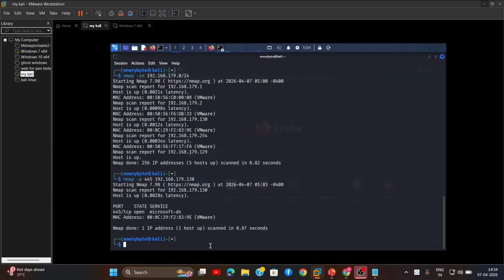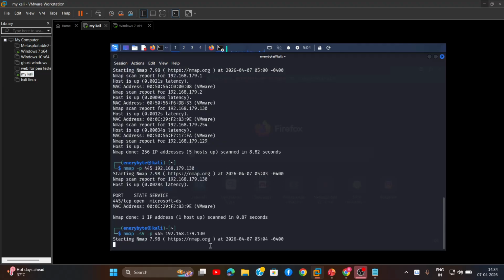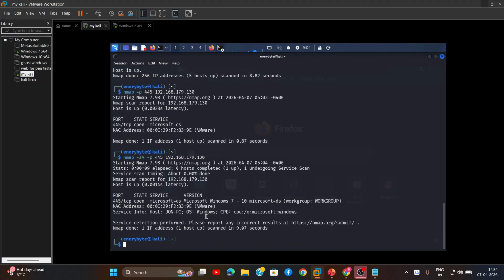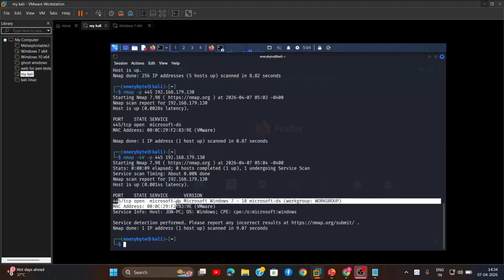I need to check what version it is running, and for that I'll use -sV. Here we can see that this particular port is open and the operating system is between Windows 7 and